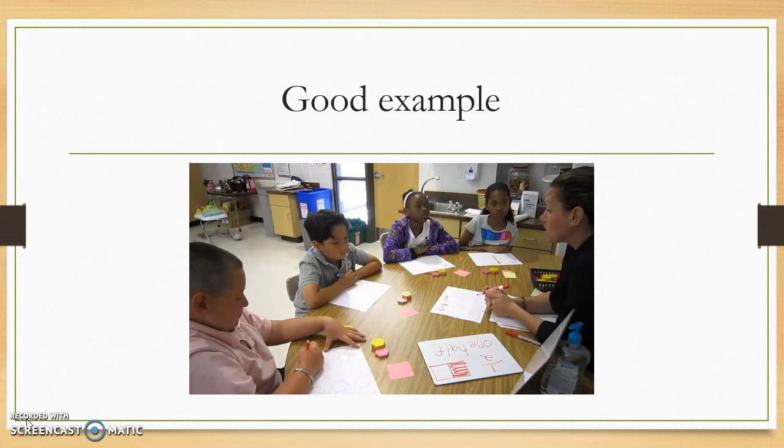Students in small groups should be facing towards the teacher and away from other students so that they won't be distracted. Also, the teacher should be facing the group, looking out over the classroom so that he or she can monitor the entire classroom.